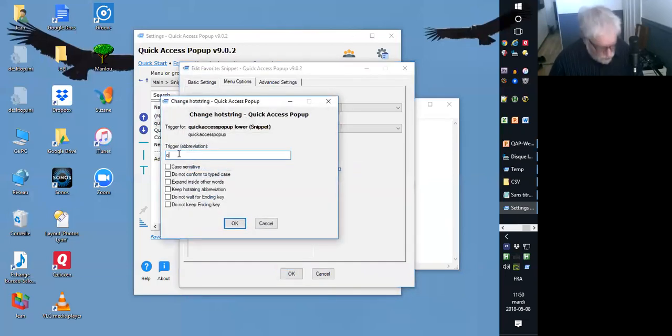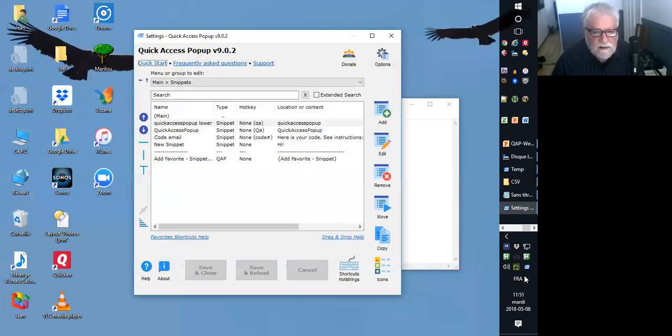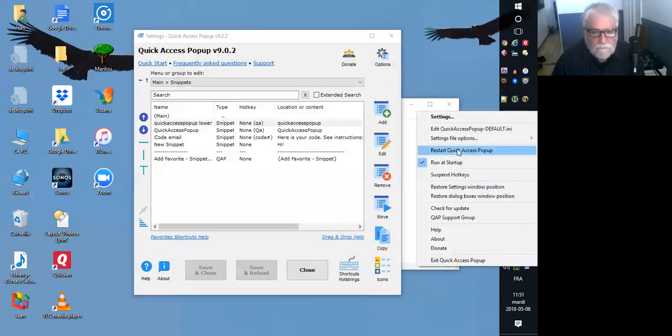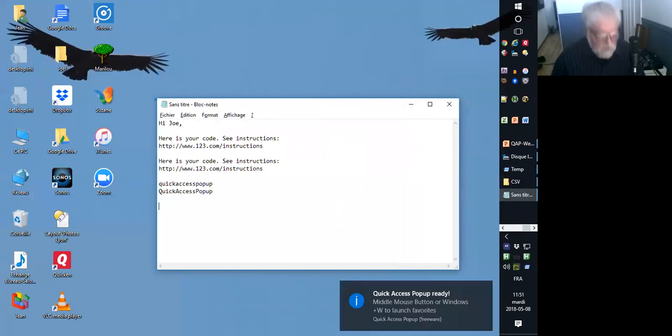That will be QA lowercase because it will trigger the lowercase. I make it case sensitive. If I don't make it case sensitive, the two ones will be confused one for the other. So if you make it case sensitive, it will take into account the case of the trigger here. Let's save it. Restart. So here now, if I type QA,